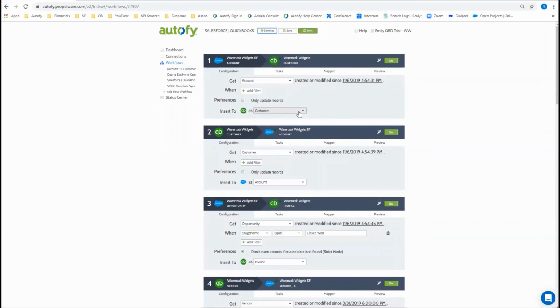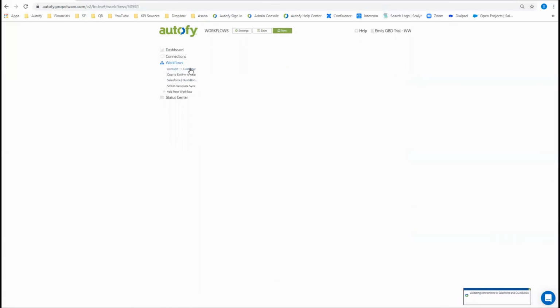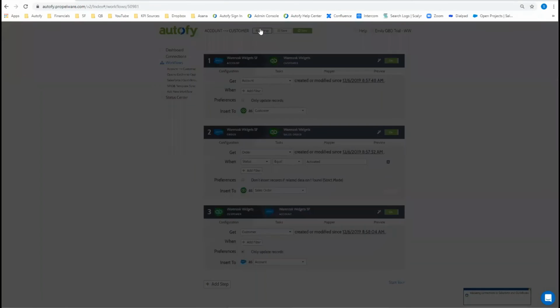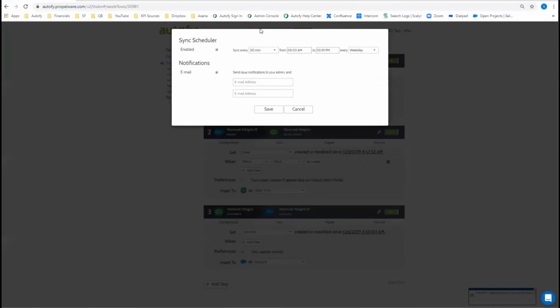If you want to turn the sync scheduler off, you're going to do it the same way as you did when you set up your sync scheduler. You're going to come into the settings tab, and then you're just going to select the same checkbox. That's going to disable it,